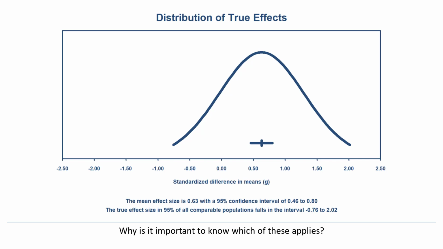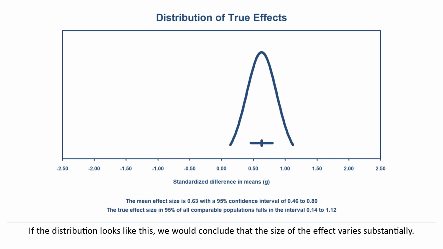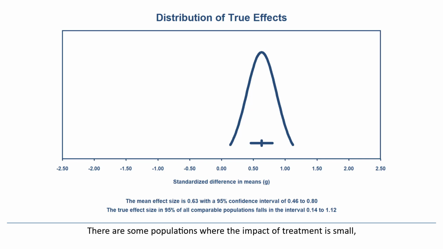Why is it important to know which of these applies? Well, if the distribution looks like this, we would conclude that the size of the effect varies substantially. There are some populations where the impact of treatment is small, but there are also some where the treatment improves function by a full standard deviation. Critically, all of the effects fall to the right of 0, which tells us that there are no populations where